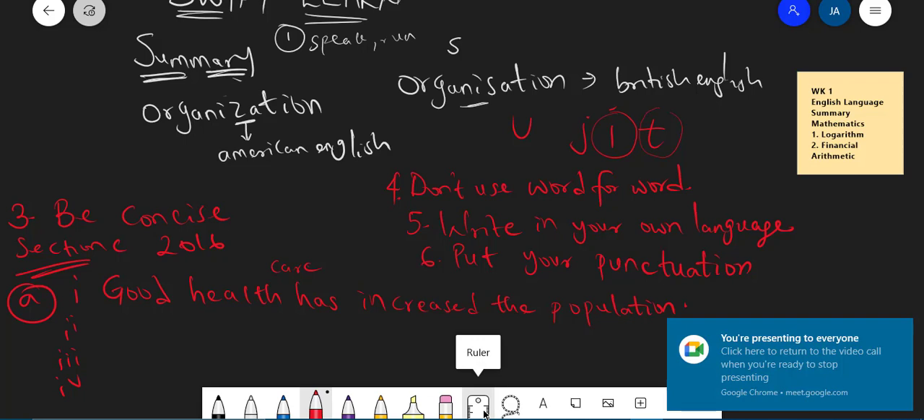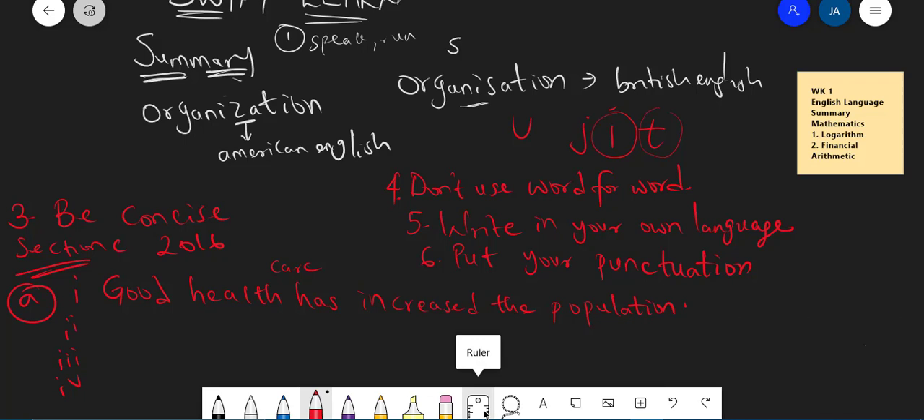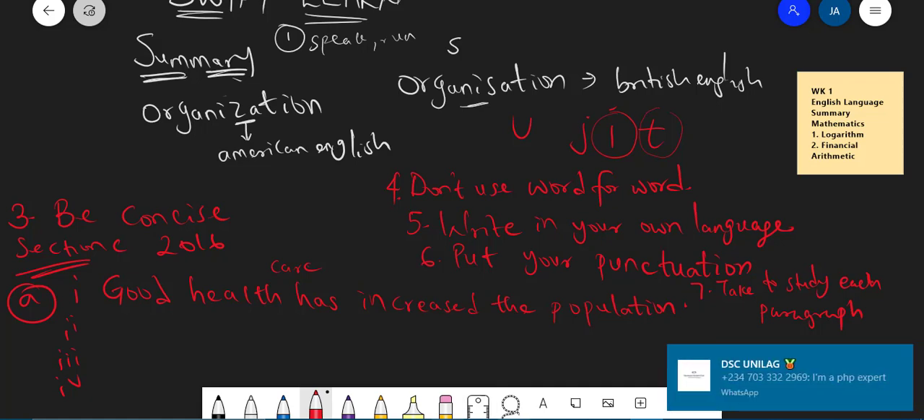So the second one is about education. Do you notice that each paragraph contains points? That's something I've noticed throughout the years. They don't write 2 points in one paragraph. So the seventh tip I'll be giving you is to take your time to study each paragraph, because without good understanding you can't write something reasonable. I'll say it again. Without good understanding you can't write something reasonable, because we'll be putting an end to this summary class very soon. So what you have to do is, they said good health,